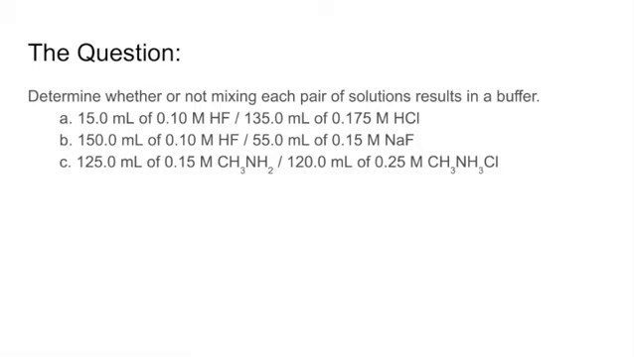Part A is mixing 15 milliliters of 0.1 molar HF with 135 milliliters of 0.175 molar HCl. Part B is mixing 150 milliliters of 0.1 molar HF with 55 milliliters of 0.15 molar NaF. Part C is mixing 125 milliliters of 0.15 molar CH3NH2 with 120 milliliters of 0.25 molar